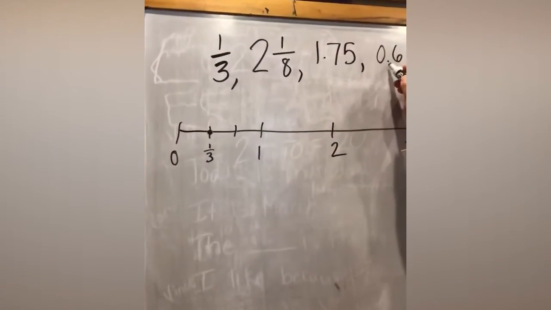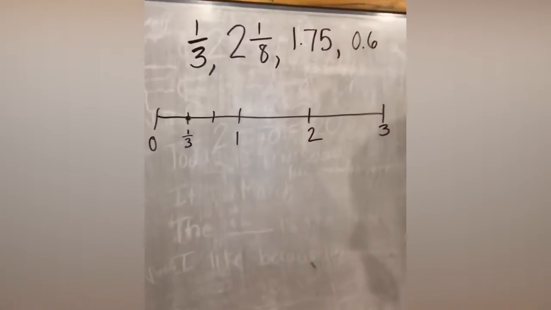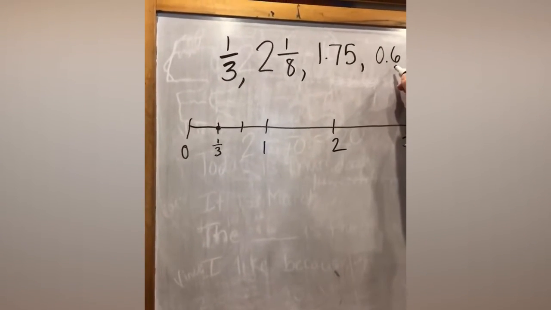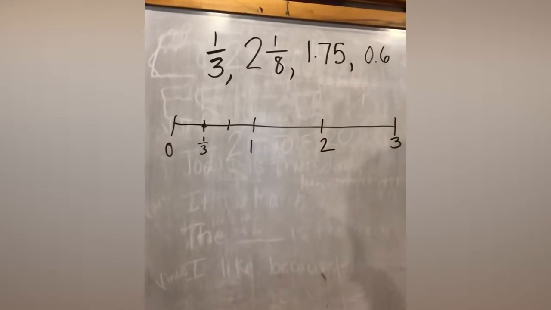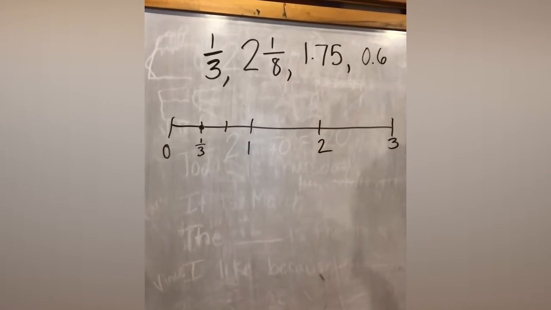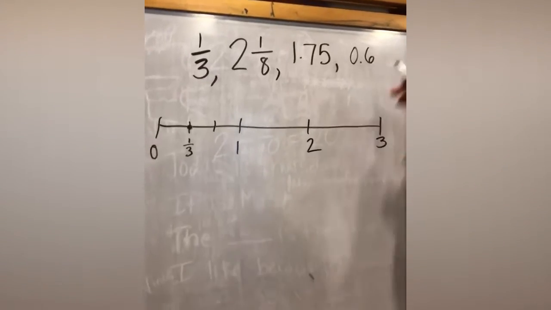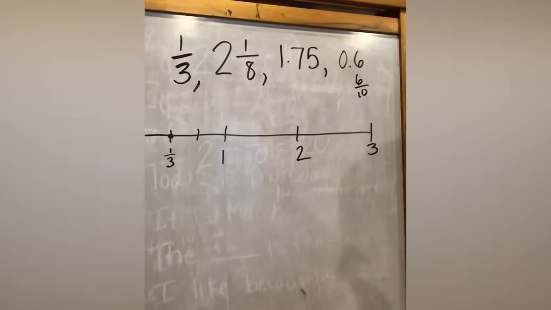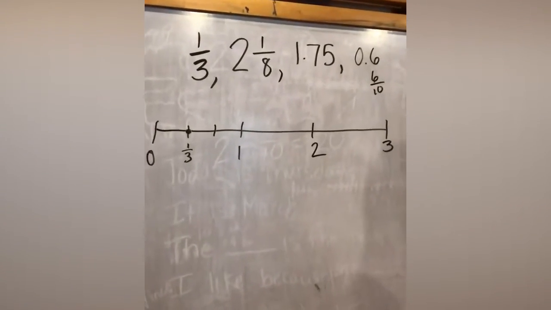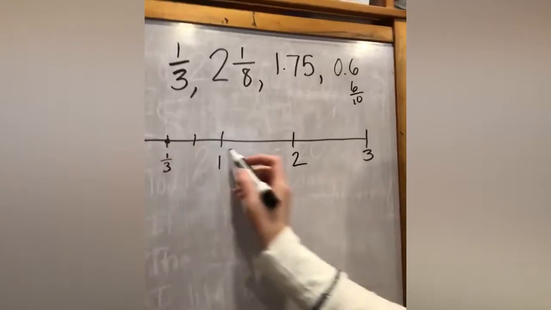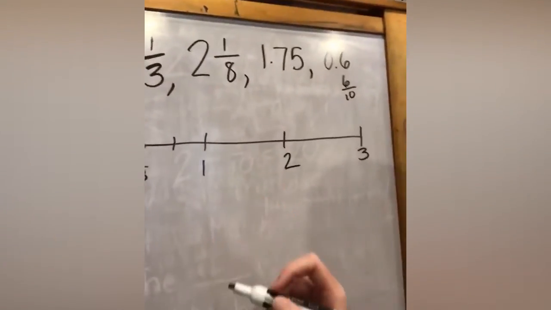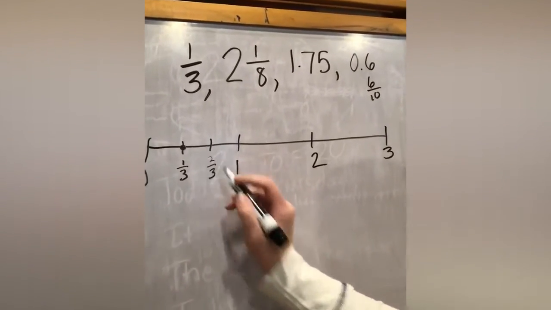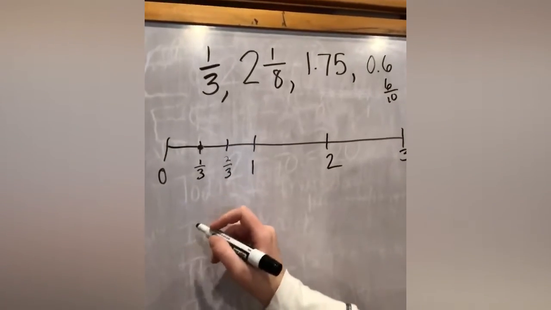Next, I'm going to go ahead and look at 6/10 because I know that's also less than 1. 6/10 is the same as 60% if I was looking at percentages. Also the same as 0.6 if I were looking at it in terms of a decimal. So as I look back at my number line over here, I know that 2/3 would be here, and 1/3,